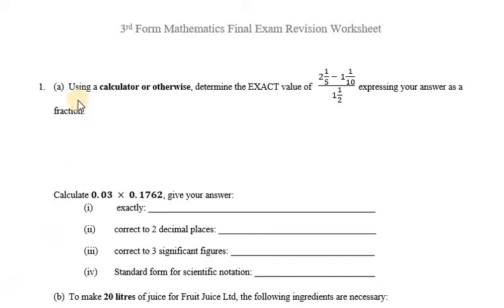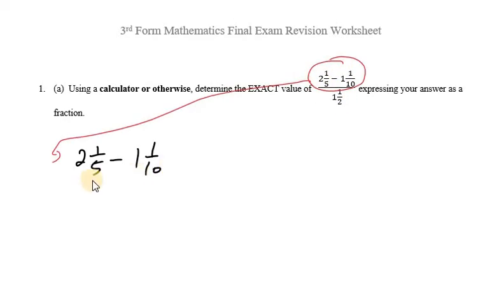All right, so we're looking at the first question, part A, which asks us to use our calculators or otherwise to simplify this complex fraction. And so the first thing we want to do is to simplify the numerator and divide that answer by the denominator. So we're going to do this by saying 5 times 2 plus 1. So 5 2s is 10 plus 1 is 11 over 5